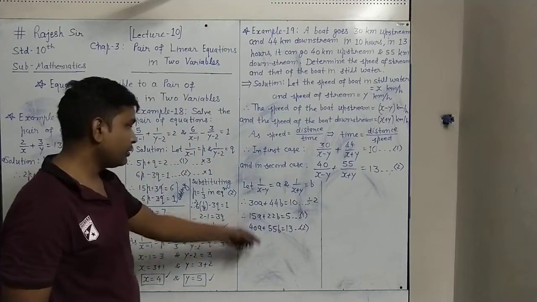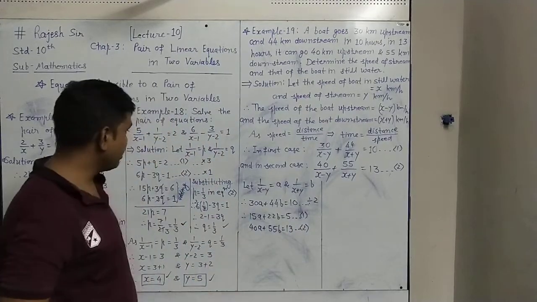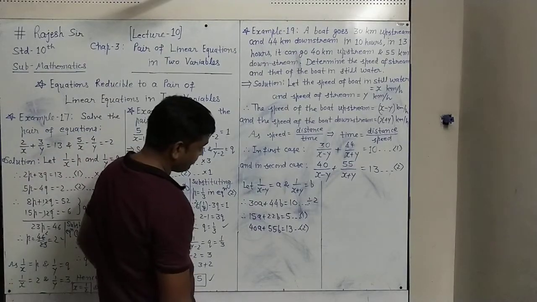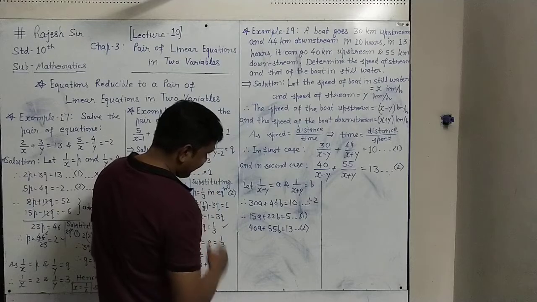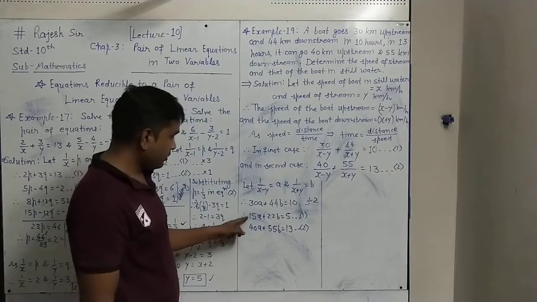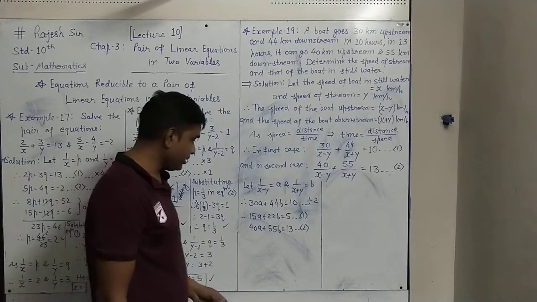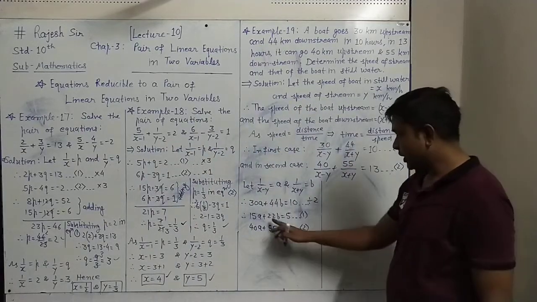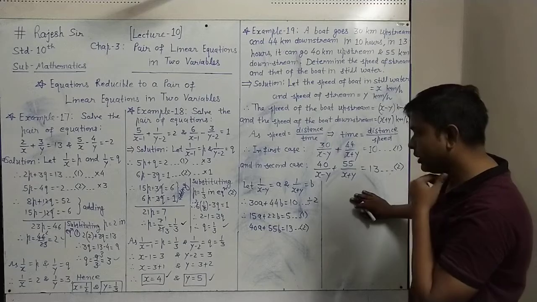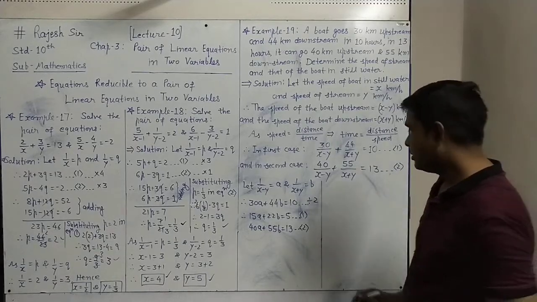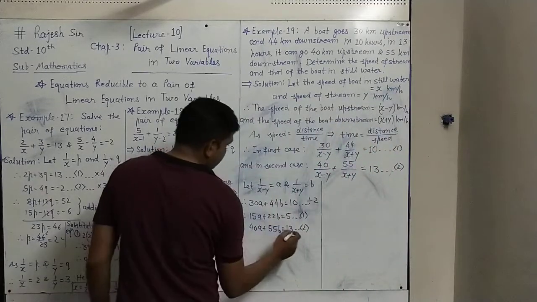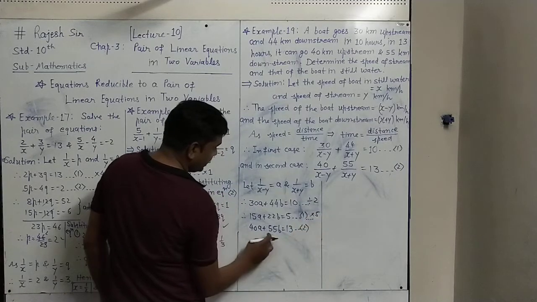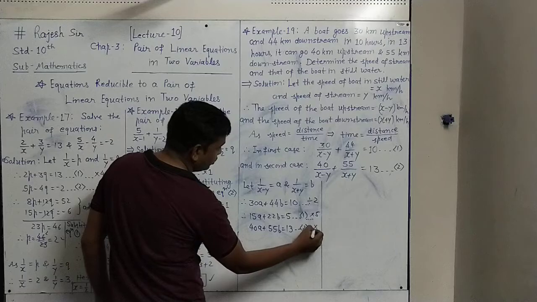So this way we have equations 1 and 2. We can solve these two equations by any method. If I go again by elimination method, as we know, the LCM of 15 and 40 will be 120, and for 22 and 55 the LCM will be 110. To get 110 here, you multiply by 5. To get 110 here, multiply by 2.